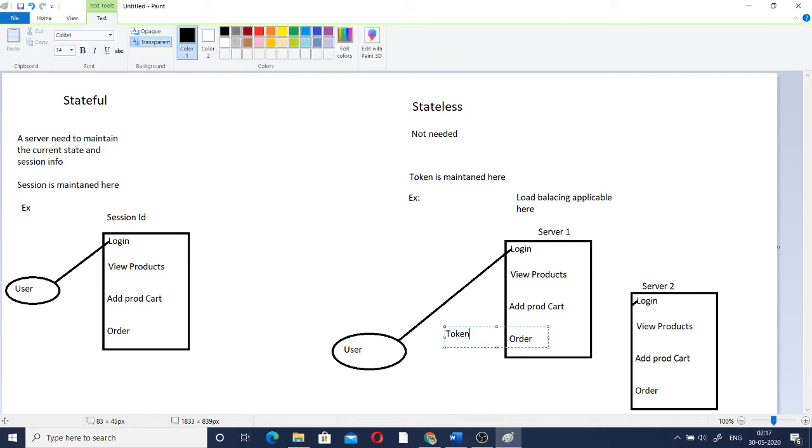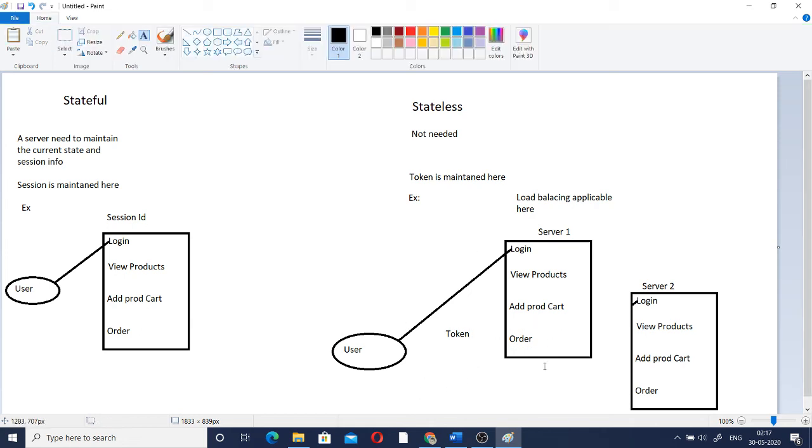Once he logs in, the user receives the token from the server. So for all the remaining operations like view products, add products to the cart and order, he needs to send the token along with the request. He needs to send the same token ID that was sent to the same user. Then the server will identify the same user for all those operations.